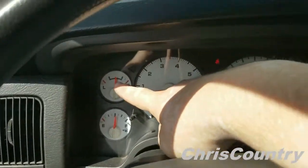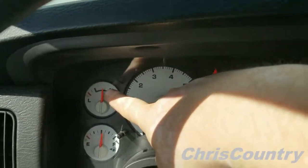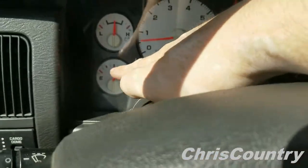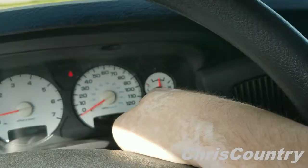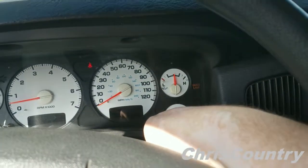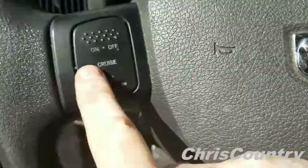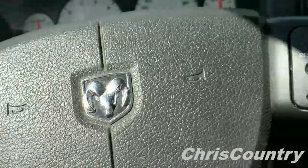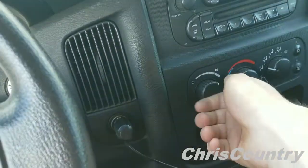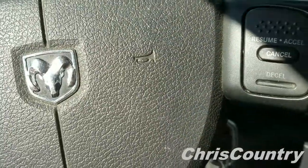But just pay attention to your other gauges too while you're driving. Watch your battery meter, make sure it doesn't drop off. If it does, you're probably looking at an alternator problem. Fuel obviously, make sure that's responding. Keep an eye on the oil pressure and keep an eye on your engine coolant temperature. And of course, check the other driving functions, make sure your cruise control works and all that good stuff. And of course, test your blower, which mine's not working, but you want to listen and